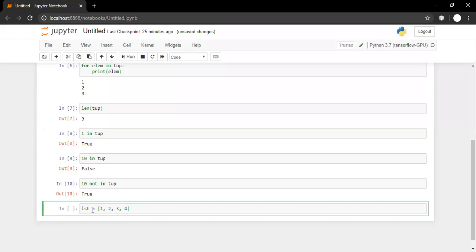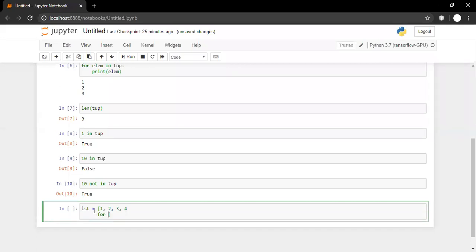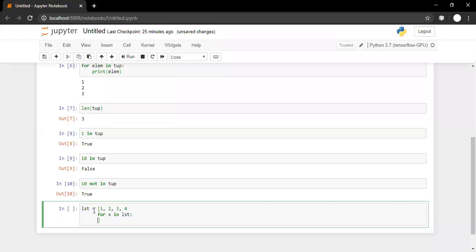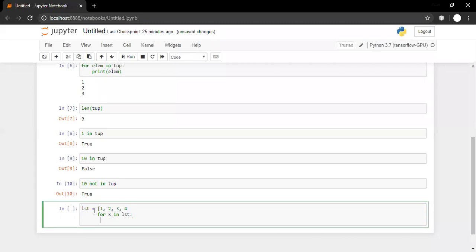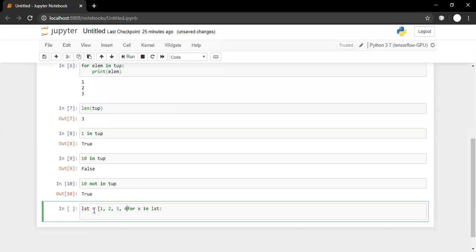So what we can do is something like this: for x in lst, oh sorry, for x in lst, something is wrong, it's a big blunder.